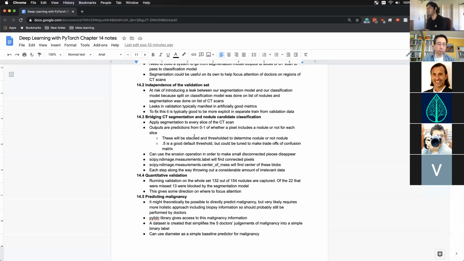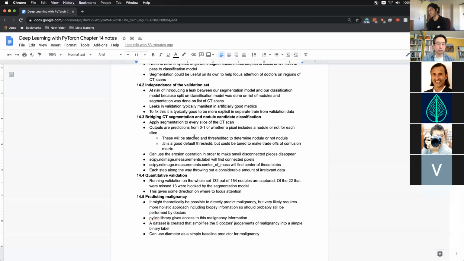It might significantly contribute to our false positives, because we always know that these nodules are typically a lump of connected pieces. And so the next piece they were talking about, we can use this SciPy ND-image measurements.label, and that